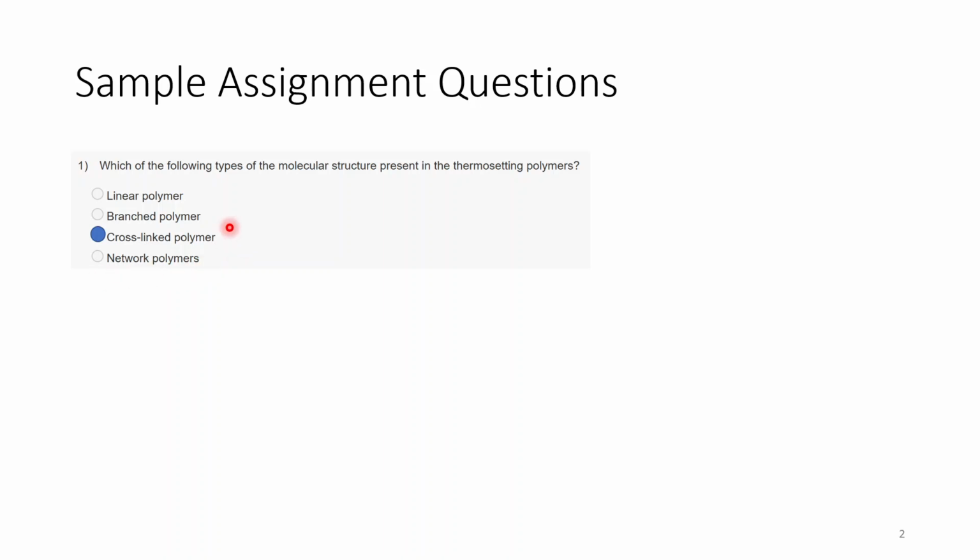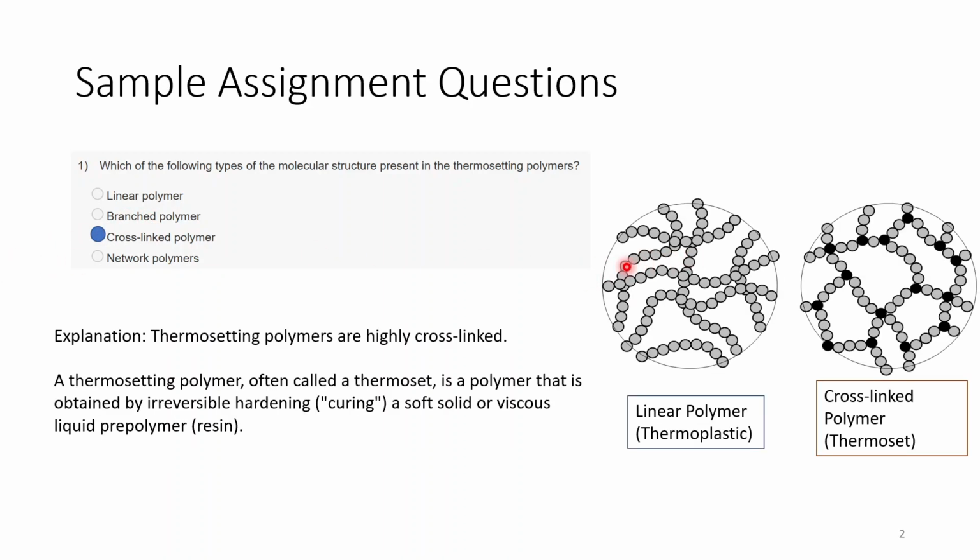So in the case of cross-linked polymers, there is very little crystallinity as well. These are thermosets, cross-linked, and linear and branched polymers act as thermoplastics. So these are the structures of polymers. In the case of linear polymers, there is an end-to-end connection of monomers. So these are linear type, which are thermoplastics, and cross-linked polymers are thermosets.